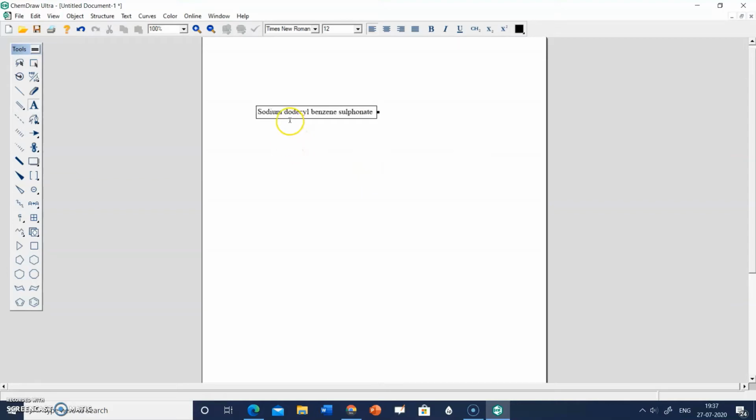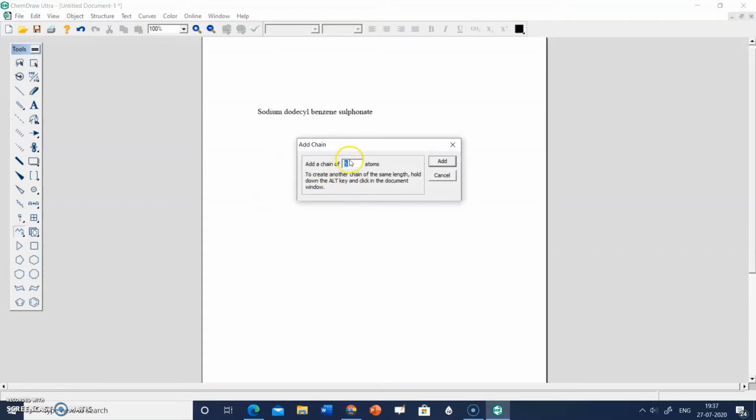So for drawing the dodecyl chain, just click on this carbon chain. I'll click on the carbon chain and click on the window, and it will ask you how many atoms you want in the chain.